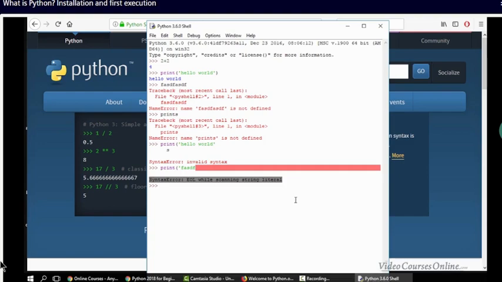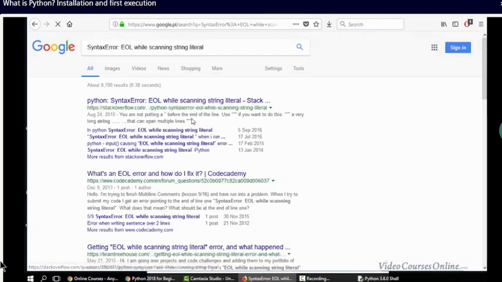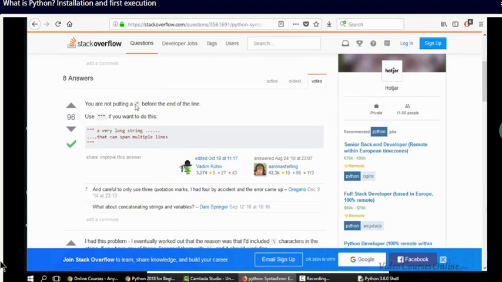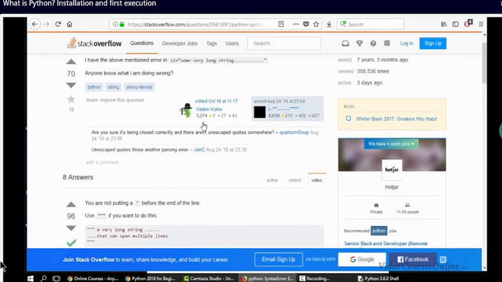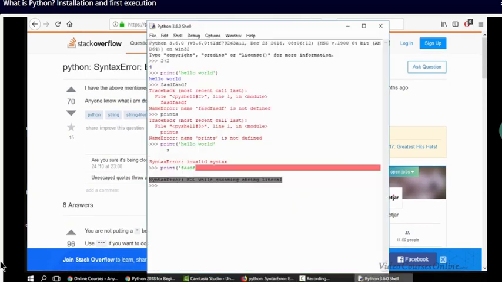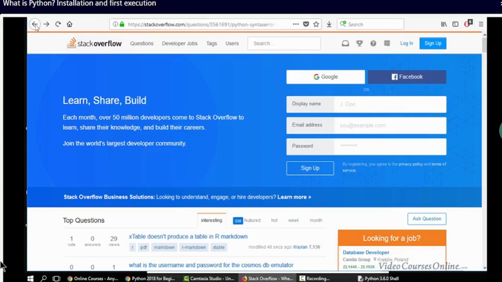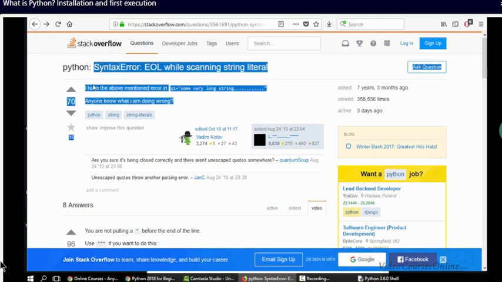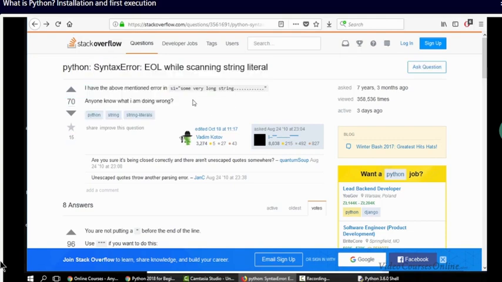And when you copy it and paste it here, you'll see that you will get lots of results that will probably lead to the fix for your problem. When I click here, you will notice probably, oh, you see, you're not putting a quote before the end of the line. Okay, so that's why I had this problem, right? Stack Overflow is a really great website. Probably, if you are asking yourself something, that question was already answered on this website, okay? This is a great website. Even experts in programming use this website